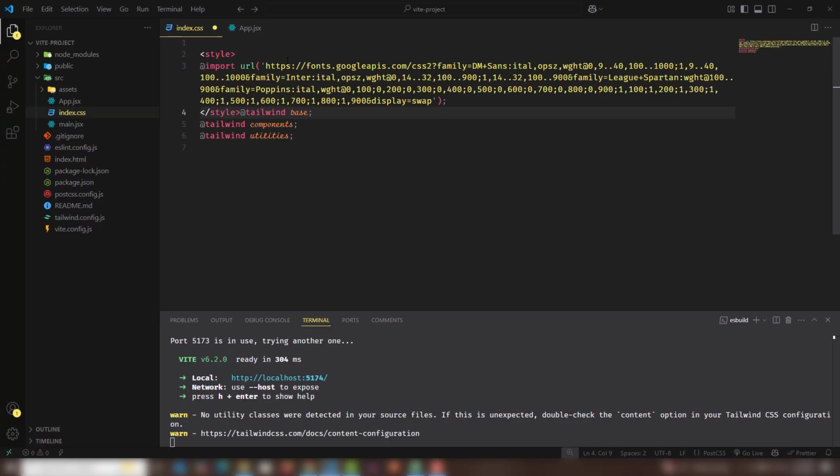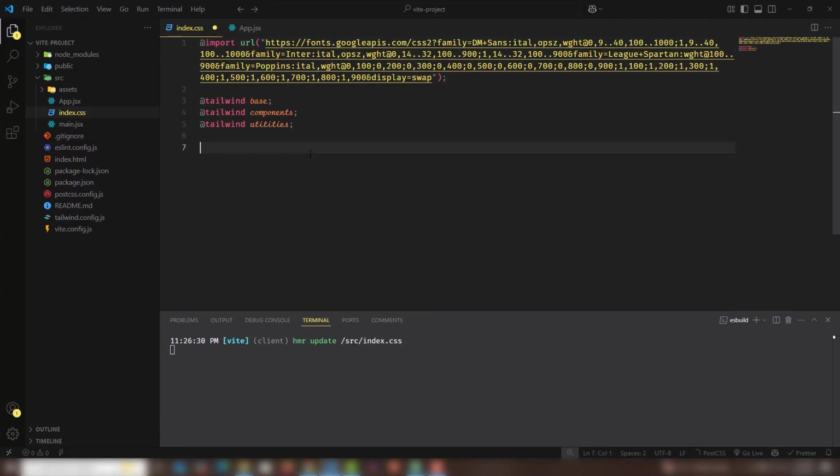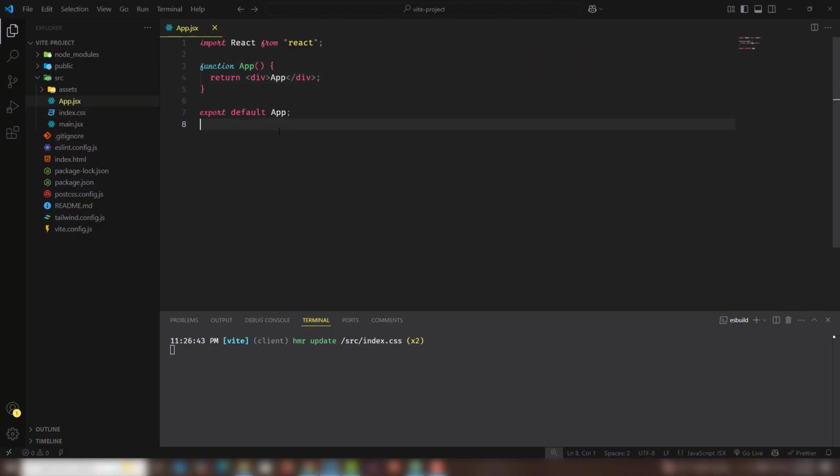And at the top, remove the style tags, and we need to select the body. Use font family, and the font family should be League Spartan, like this one. Yeah, so everything is great there. So let's move on to our